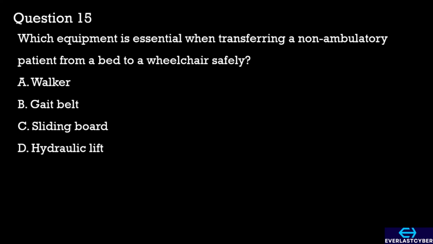A walker assists patients who can walk with support, but this is not suitable for non-ambulatory patients. A gait belt is used to assist patients who can partially bear weight, but it is insufficient for fully non-ambulatory patients. A sliding board is helpful for patients with some upper body strength, but it is not ideal for